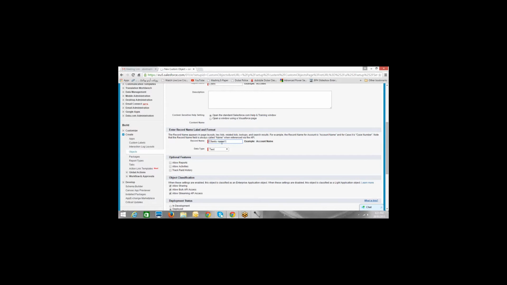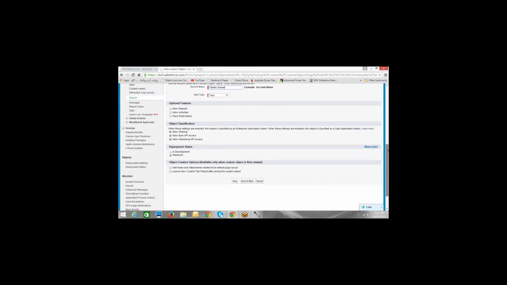So depending on the requirement, you will select an auto number or a name. Your client will have a definite name. Like if IBM is a client, I need to store the name IBM. If Wipro is a client, I'll have to type Wipro. That I cannot manage with the auto number, right?